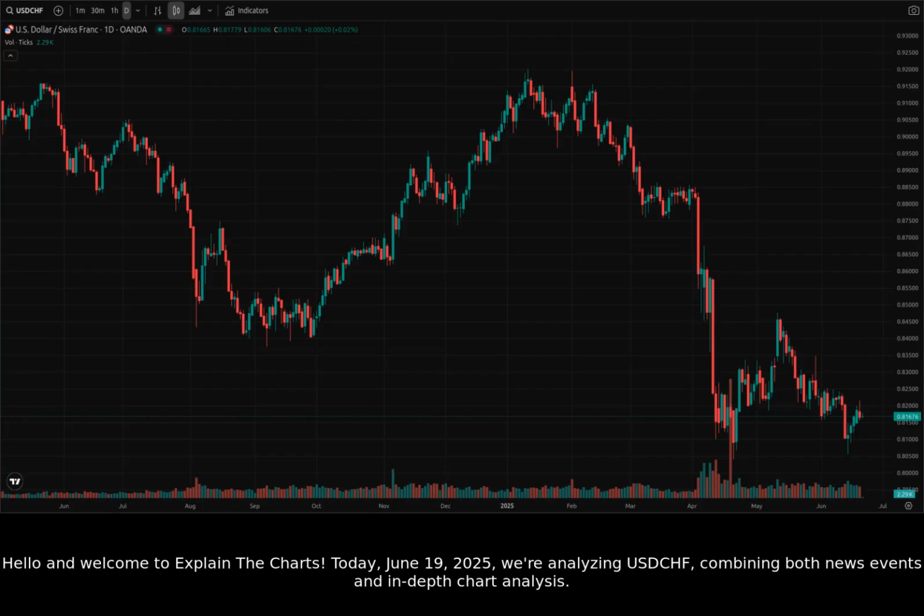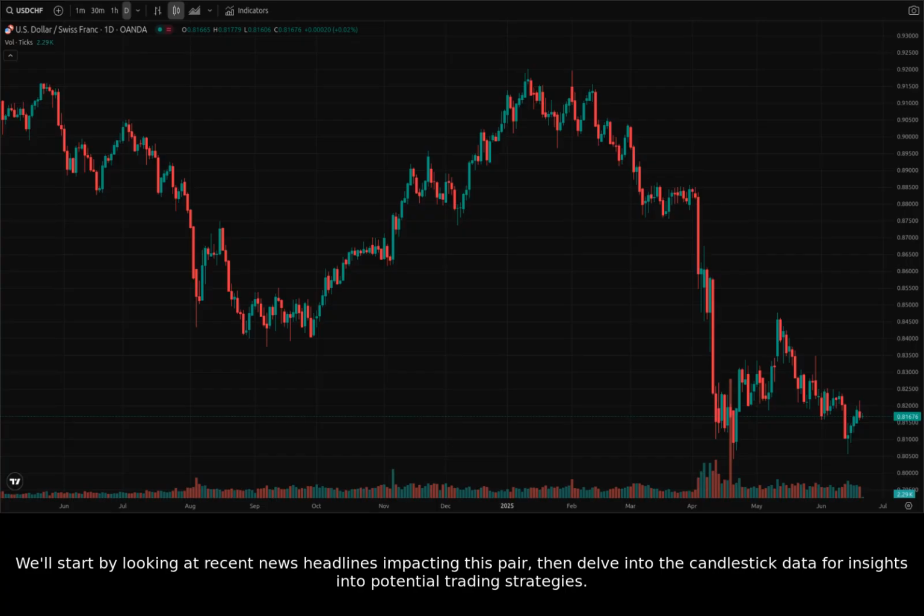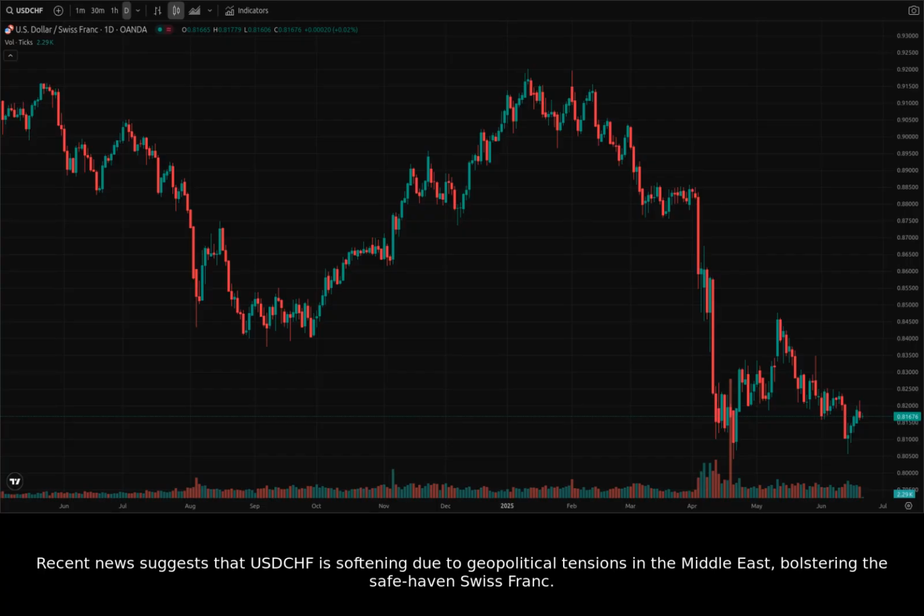Today, June 19th, 2025, we're analyzing USDCHF, combining both news events and in-depth chart analysis. We'll start by looking at recent news headlines impacting this pair, then delve into the candlestick data for insights into potential trading strategies. Recent news suggests that USDCHF is softening due to geopolitical tensions in the Middle East, bolstering the